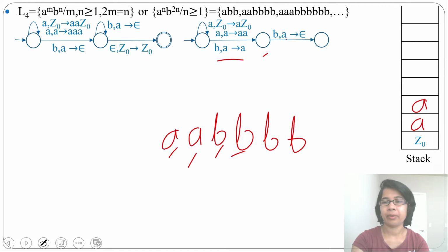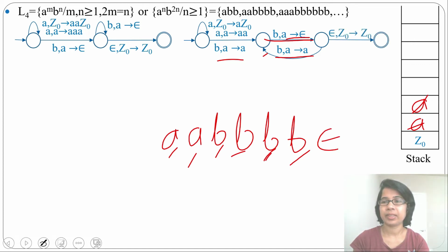For B, A will be popped. Then for the next B, it will skip. So make a transition like this. For B, A goes to A means it will skip. Then for the next B, it will pop. Now it will run this loop. So it will pop, B goes to epsilon. Next is epsilon.